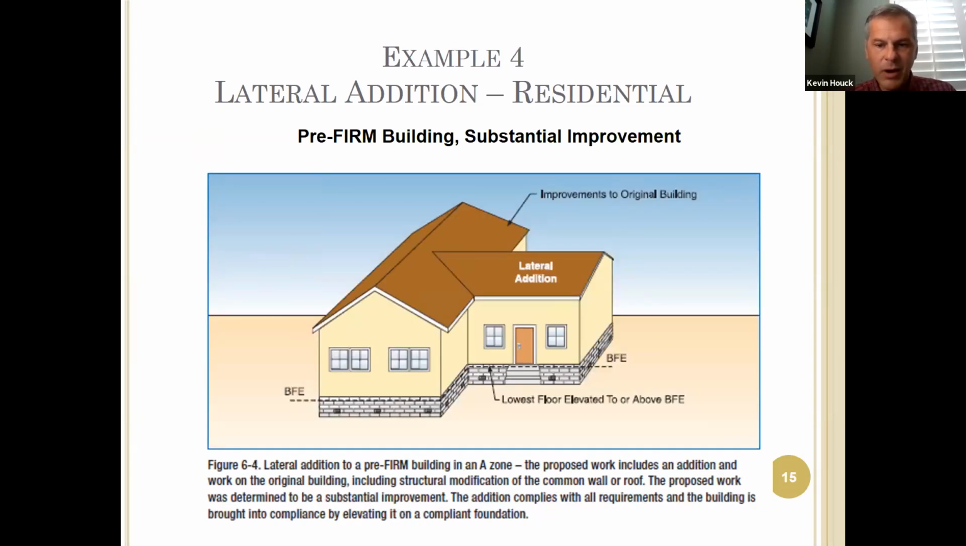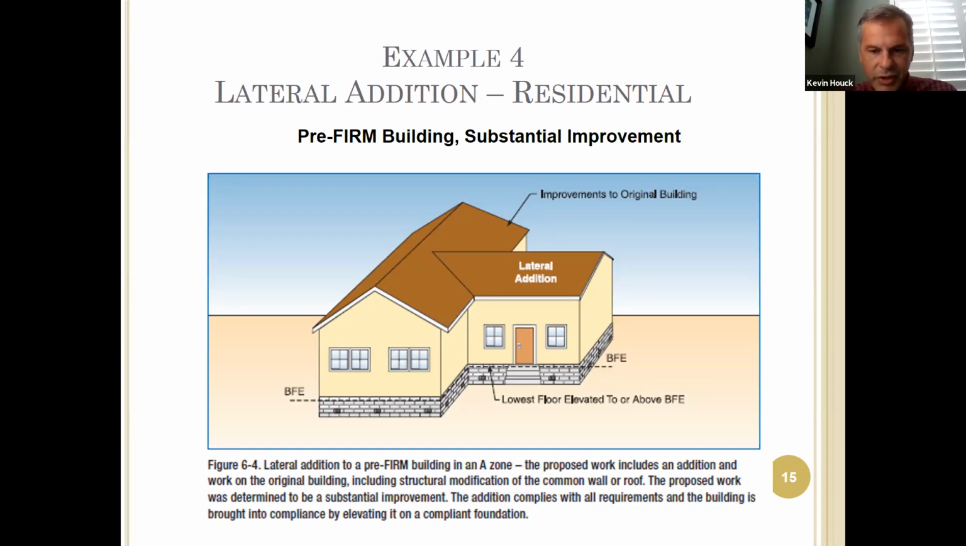Okay, now what's happening here, it's kind of a similar thing. So you've got a pre-FIRM building. This is considered to be a substantial improvement. They're putting a lateral addition in here. So everything is kind of similar to that last one. So it looks like here the original building is the lengthwise structure on the left with the lateral addition being put in on the right. The difference here though